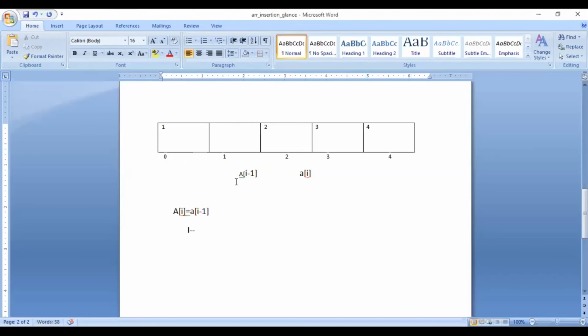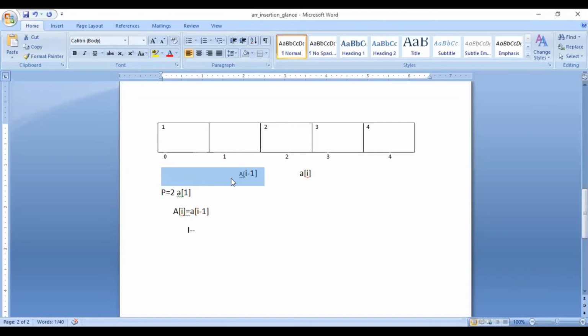It will be performed until we reach the particular position. Here the position given is 2, so 2 equals A of 1. Here A of I minus 1 has reached A of 1, and the space, or we can say memory location, is now empty here.